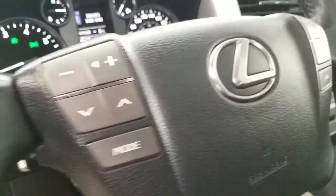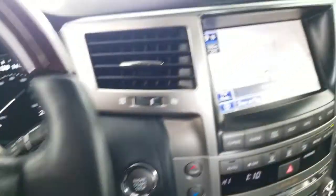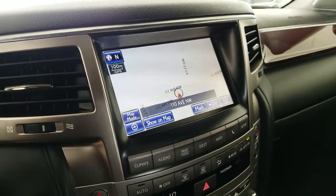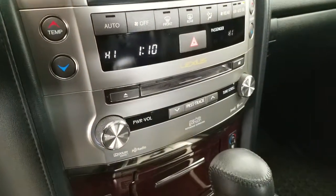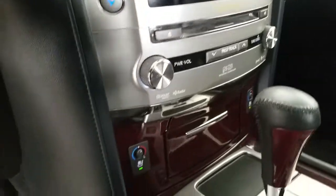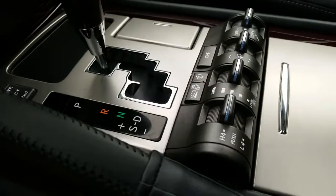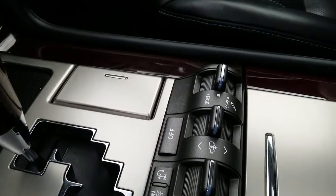hands-free controls, dynamic radar cruise control, also equipped with a pre-collision, an 8-inch touchscreen display with navigation and the integrated backup camera, dual zone climate control, a 19-speaker Mark Levinson premium surround sound audio system, heated and ventilated front seats, 4-wheel drive controls, crawl control, turn function assist, height control, sport and comfort driving modes,